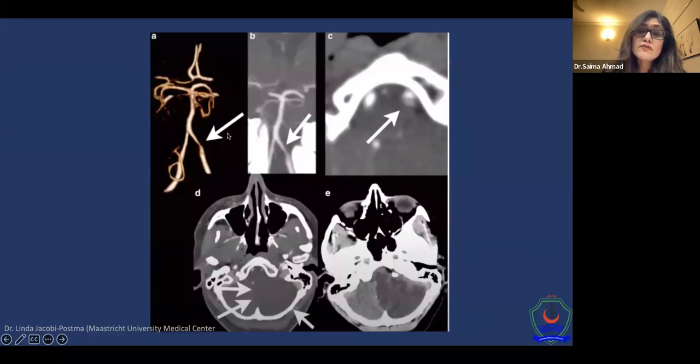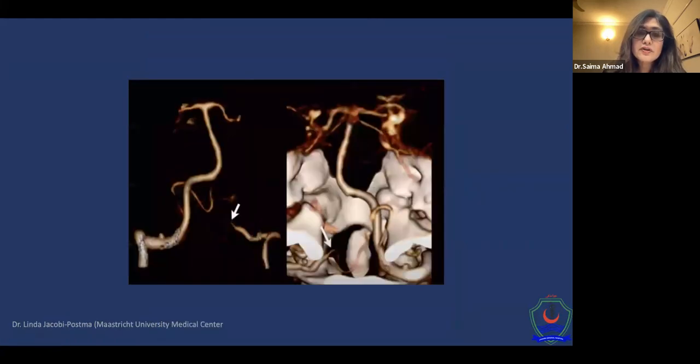You should not confuse it with hypoplasia, because after 2 days, the patient appeared with a large left cerebellar infarct. So it's important that you differentiate between these. This is another case, and there is abrupt